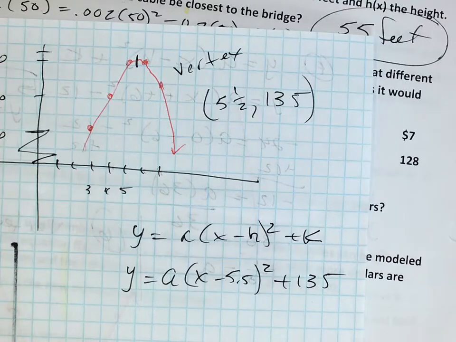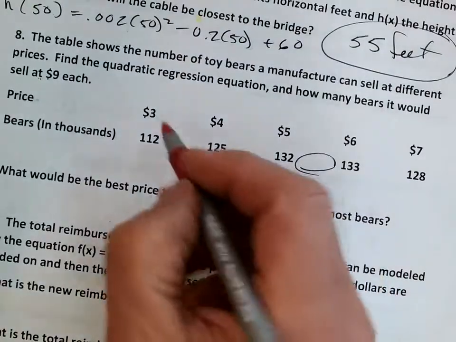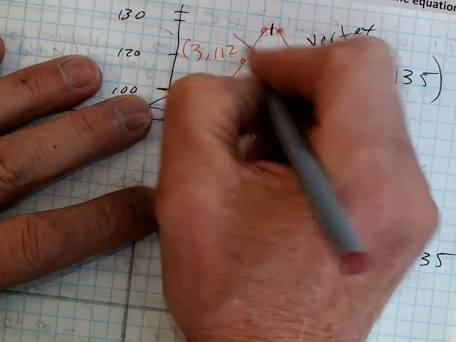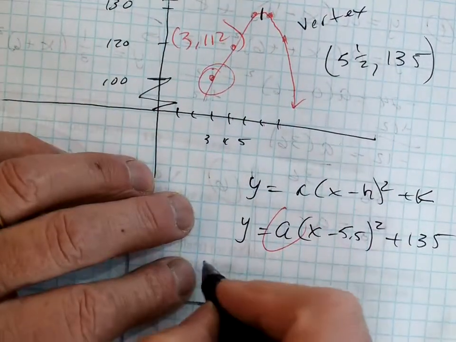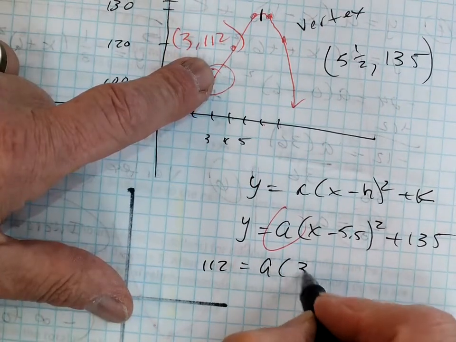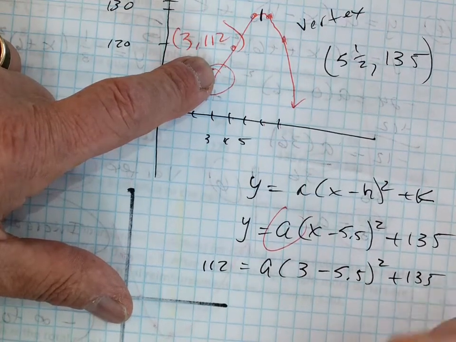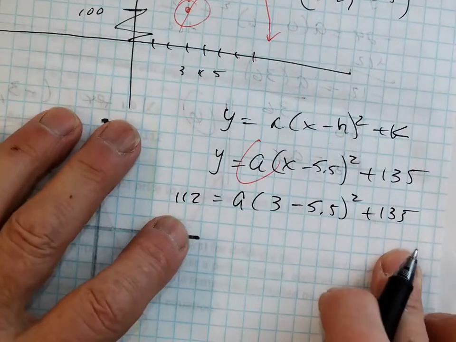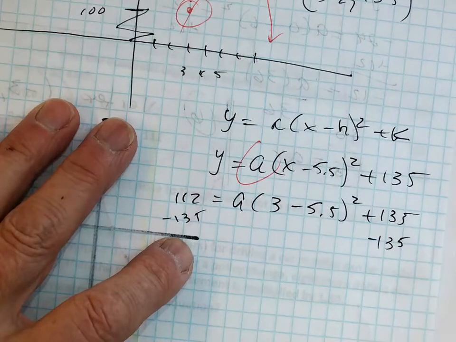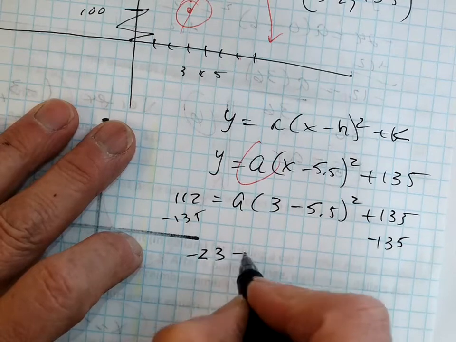Okay, now the next thing I'm going to do is find this value a, so let's pick a point. Let's pick this one right here. It seems like the best point to pick, which is the 3 and 112. So I'll put 112 in for y, and I'll put a, and I'll put the 3 in for x, plus 135, okay? So let's solve for a, okay? Minus 135, minus 135, so 112 minus 135, and I get an answer of negative 23 is equal to a times,